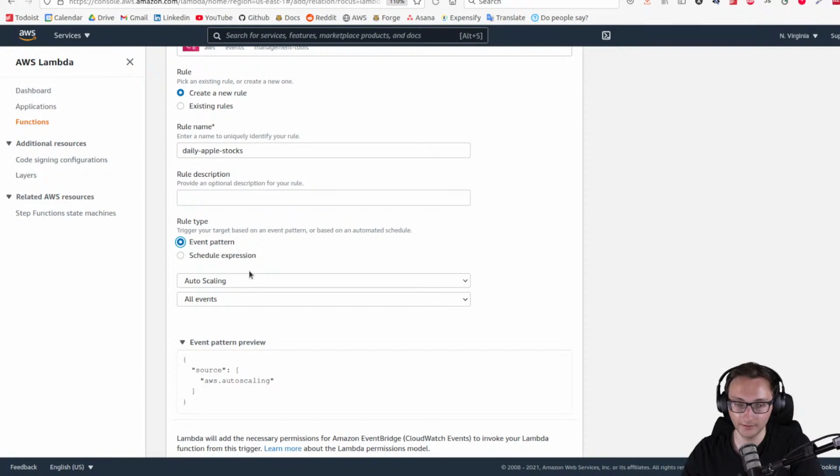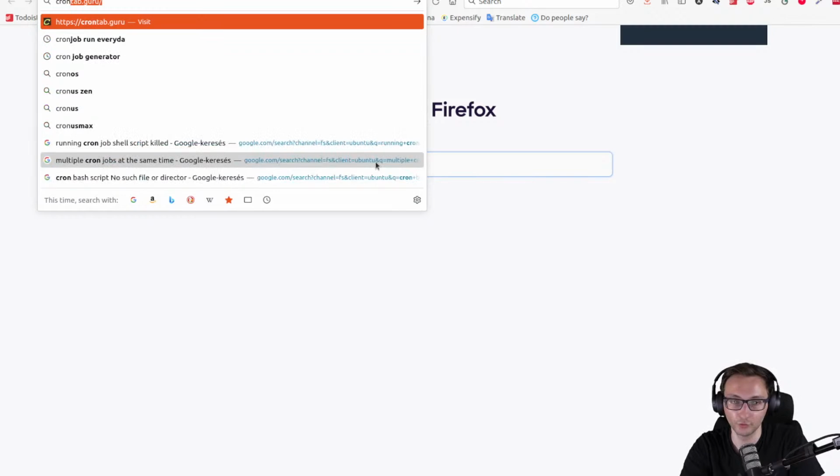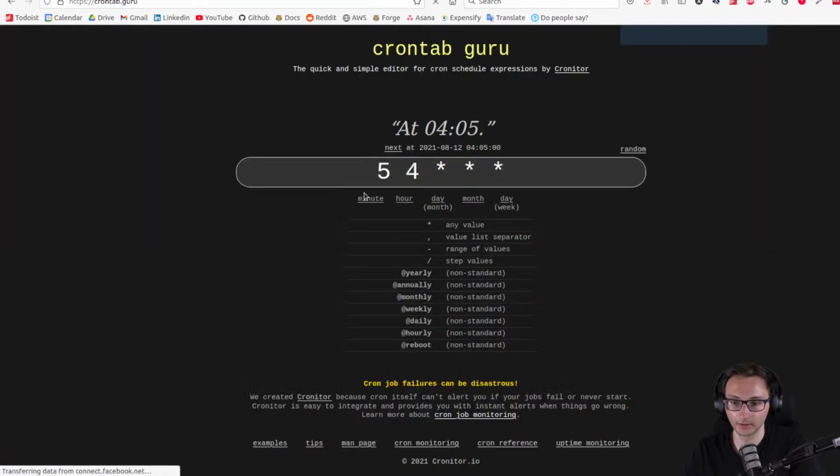Now it could be an event pattern if we want to do event-based triggering, or we could schedule, and here we can use a cron expression, or for example 1 day, as you can see here in these examples. So let's use cron, and for cron let's use a tool like this one to come up with the cron